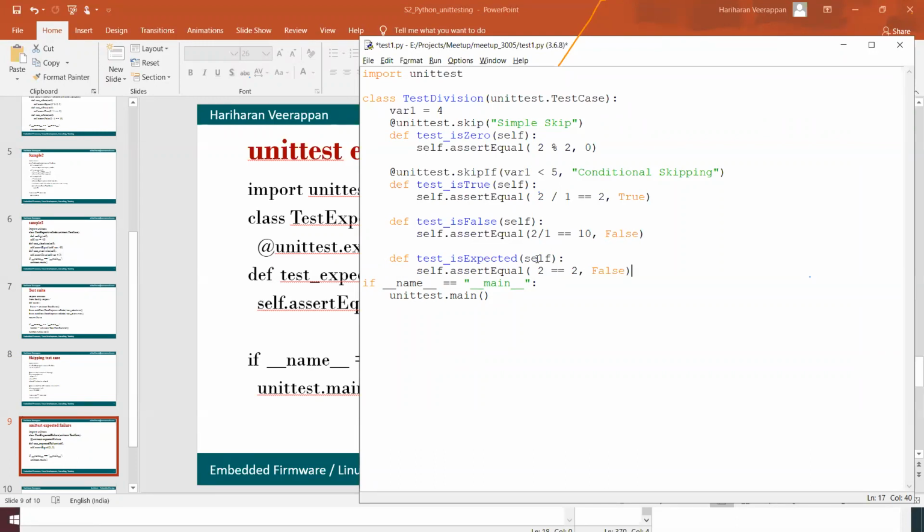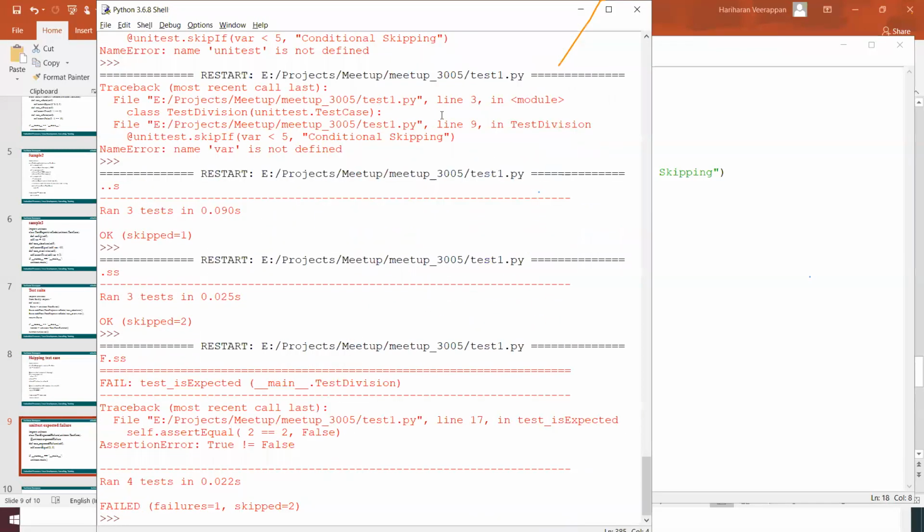I define this, and it should return one test case failed. Failure is 1. The test case is something like 2 equal to 2. That particular test case is test_is_expected_failure 1.